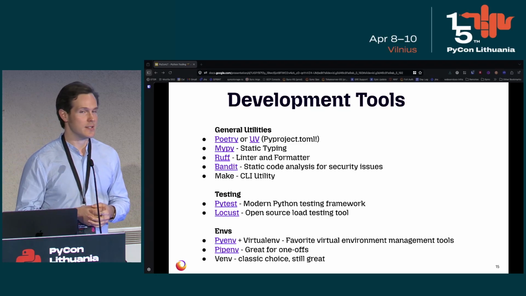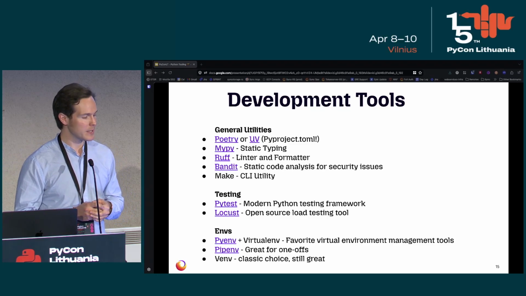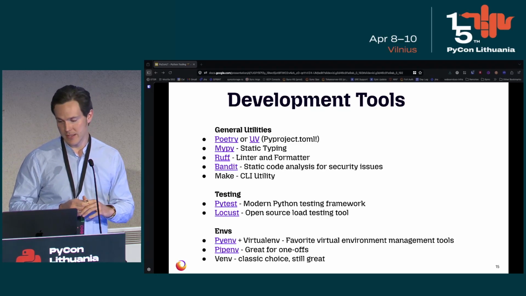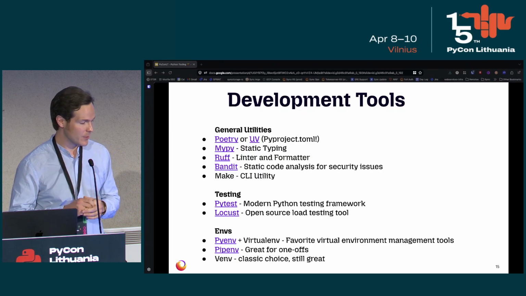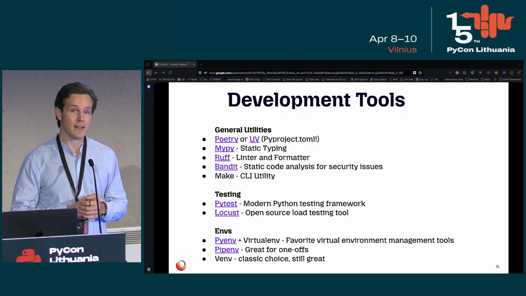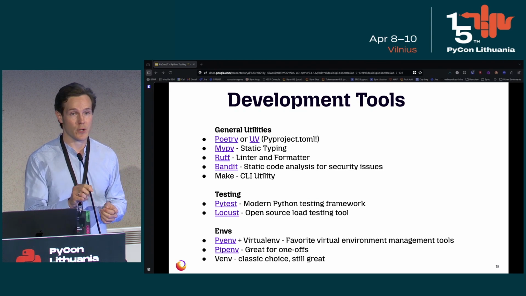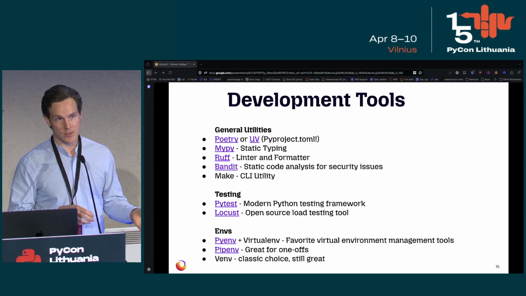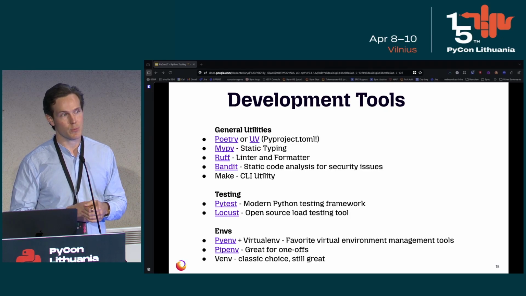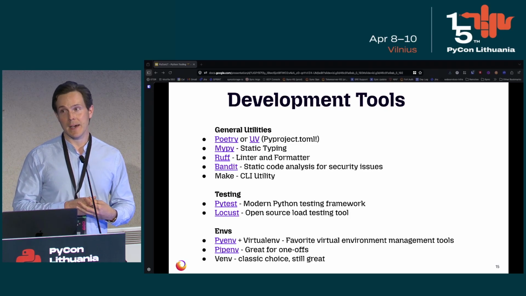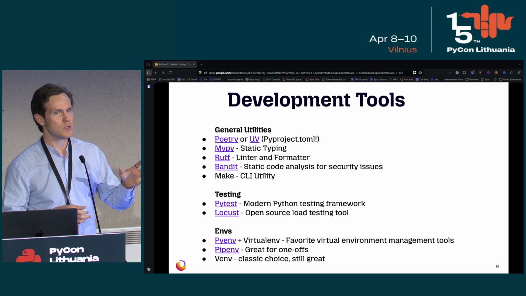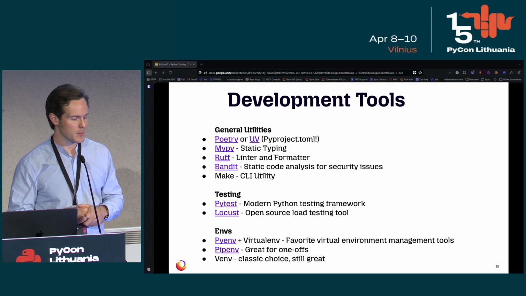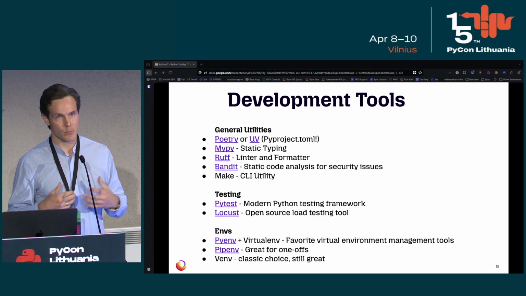Ruff is very well understood to be probably the best linter and formatter out there these days. I'm sorry to say that to Flake8. That's a great product also. But we use Bandit for static code analysis to ensure that we're making sure that there aren't any CVEs sneaking into our code. And then Make, which is a bit of an odd choice, but a lot of our projects at Mozilla use Make. Is anyone familiar with Make? It's more so used for C and C++ programming for compilation, but there are some pretty novel ways you can use it.